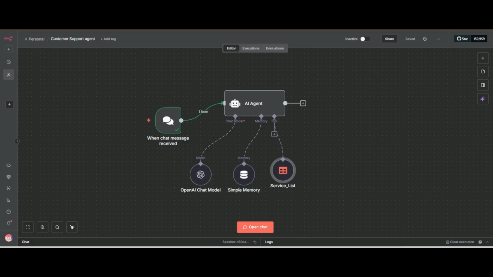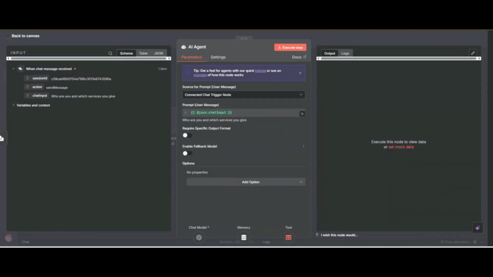Because we added our one tool, there is a user message, what the user sent, but we have to explain to the AI agent what you are and what work to do when this happens. We explain in the AI agent node, we have to explain when the user asks this, do this. So where will we do this?